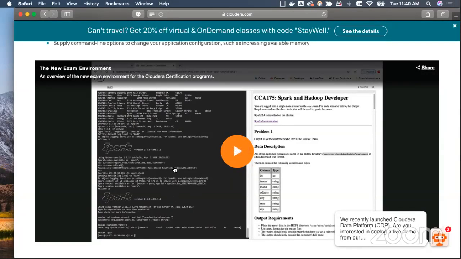Now, if you look at this, as part of the new user experience to take the exam, they will be providing access to a remote desktop. As part of the remote desktop, they will provide the browser. And as part of the browser, you can see that there are two iframes. If you are familiar with HTML, you will understand what iframe is. Iframe is nothing but a section of the website which can render separately compared to the other frame. So there are two iframes. On the left side, you have a Linux-based terminal in the browser, and on the right side you have the